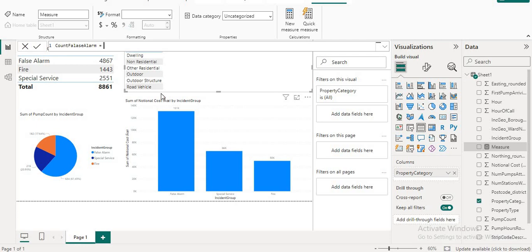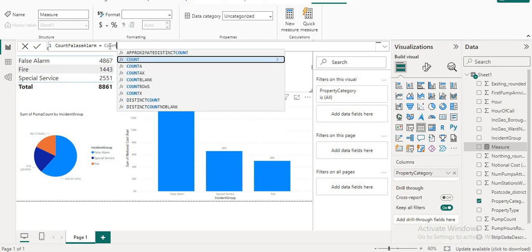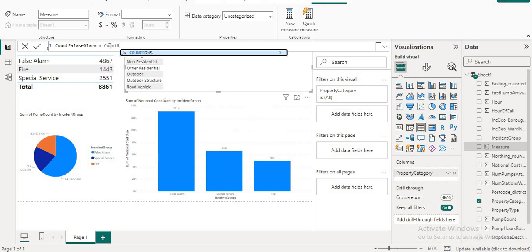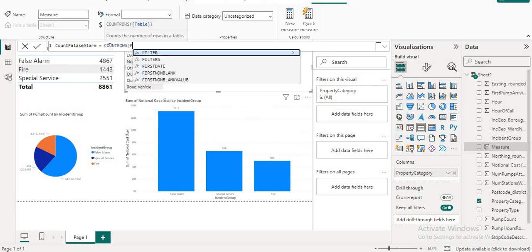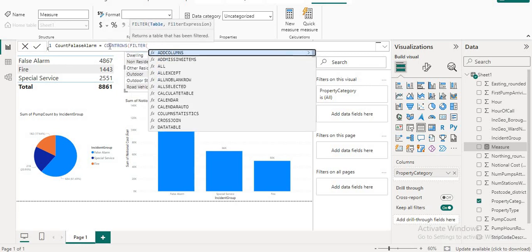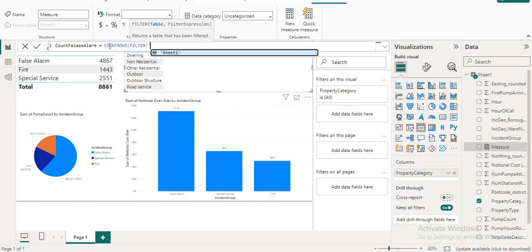As we want to count the false alarm, so we use count rows, then we use this filter, then we use the name of the table which is data,